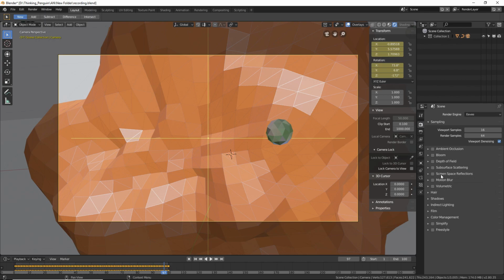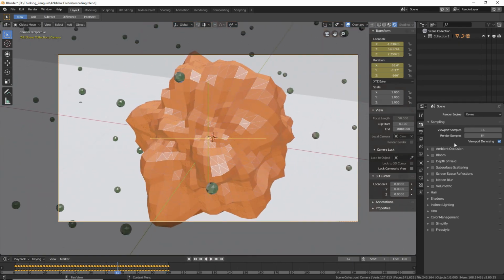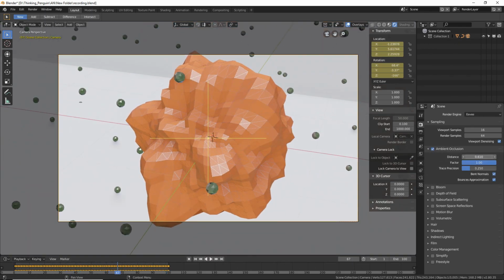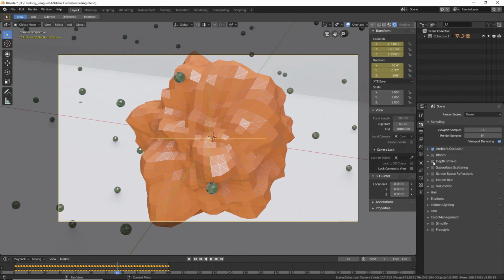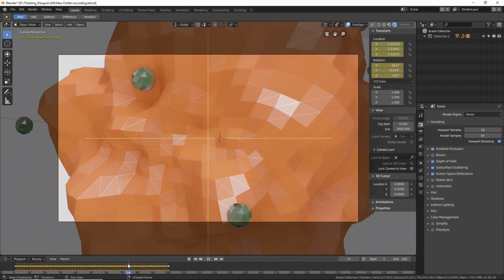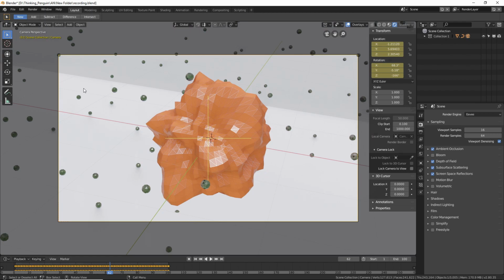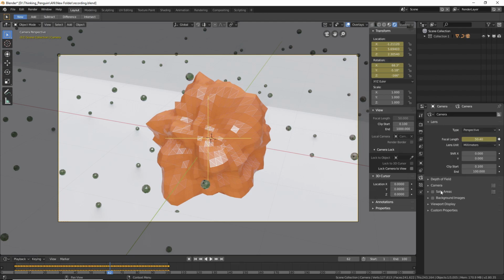and let's turn on, first of all we have to turn on some values. So let's turn on ambient occlusion, depth of field, subsurface scattering because I have used subsurface scattering a little bit, and screen space reflections. All right, now I don't want to see the white. First of all, let's talk about the DOF, depth of field, and you can see that the f-stop number is different